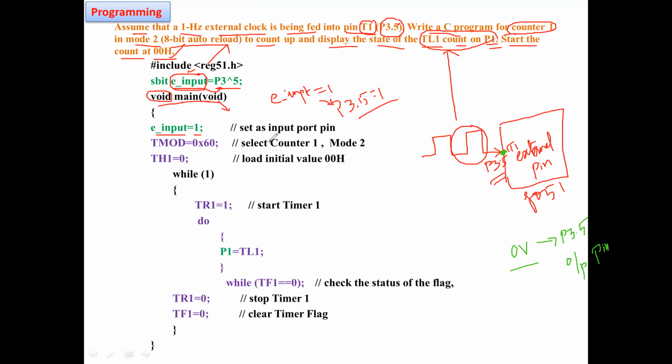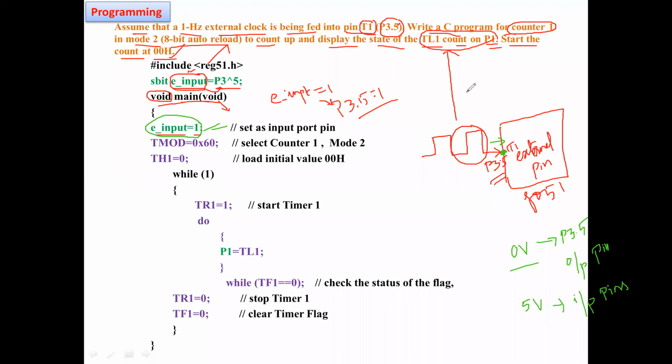So now I initialize the external pin equal to 1, which means 5 volts. Now I am representing it as an input pin. I do this because the signal getting inside is an input to your controller; otherwise it will never receive your input.